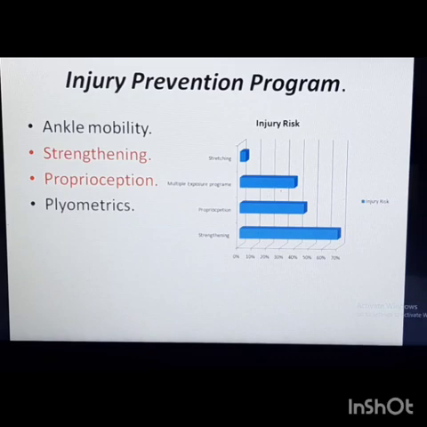The injury prevention program plays a very important role in preventing injuries. Ankle mobility, ankle strengthening, and proprioception plyometric. I'll be showing at the end of my session a video on very basic exercises, and I tell you it entirely depends upon the physiotherapist how you approach the rehab program from basic to the complex one. Very basic exercises I'll be showing, but you need to continue the rehab program, the injury prevention program, even after